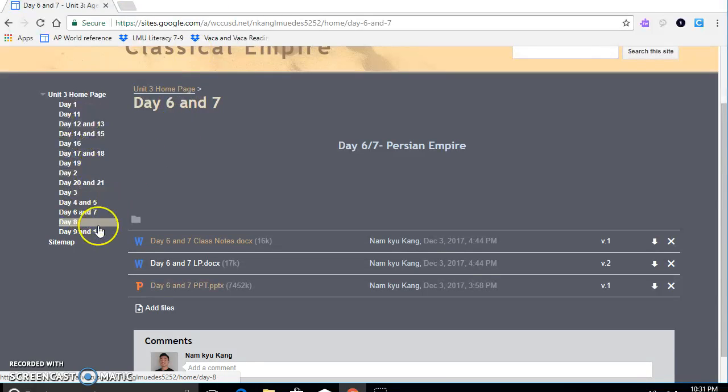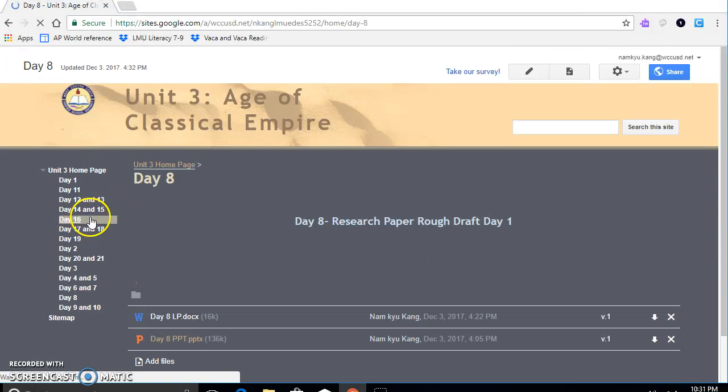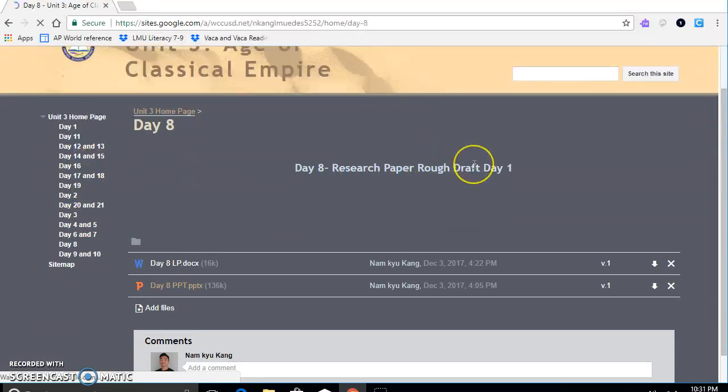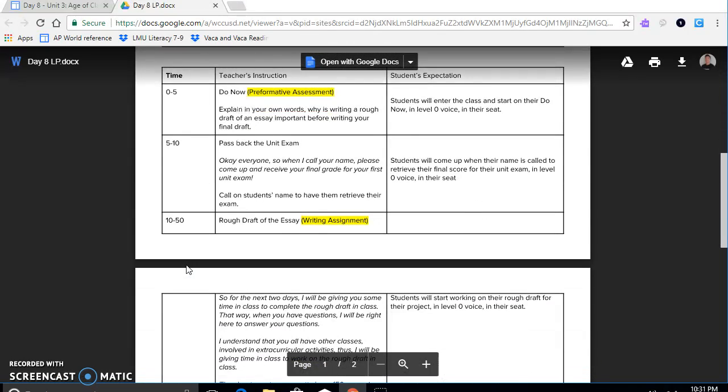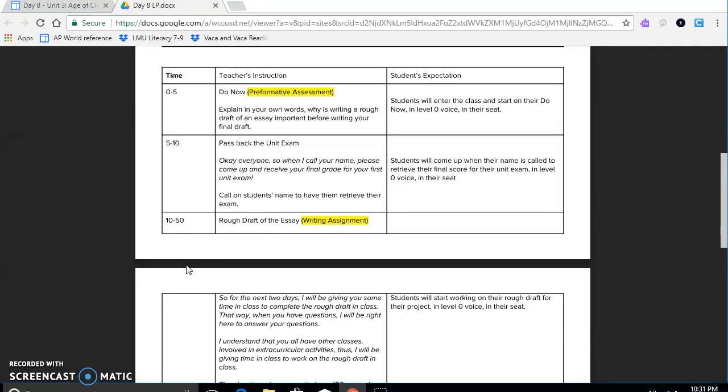Day 7 and day 8 here, we'll be diving into a research paper rough draft day 1. I try to give time in my class to do classwork because I give chapter notes for homework. That's the only homework I give out, which is they have to read chapters of the unit and make an outline for each chapter. I don't tell them what to write about or what to take notes on. Rather, I try to teach them the skill of reading through a text, picking out the main ideas, and forming an outline so that they understand what they've just read.